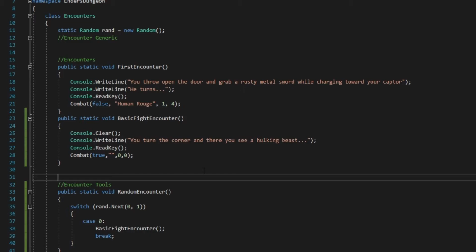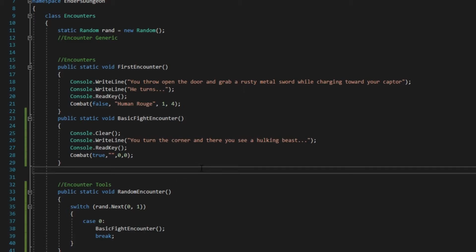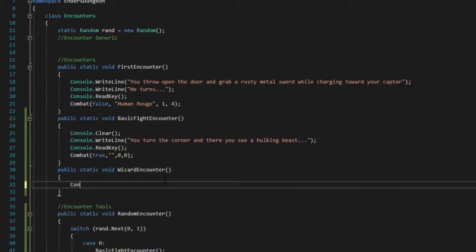So anyways, I guess I'll just demonstrate how to add an encounter, and you can customize the encounter to your liking in any way that you want. You can add more names, I'd advise that you do. So we're just going to go over a quick addition of another encounter here. We're going to do public static void WizardEncounter, and it's going to be console.Clear